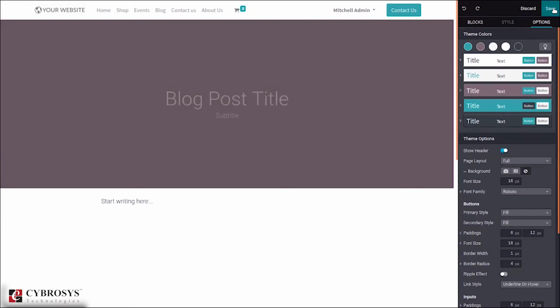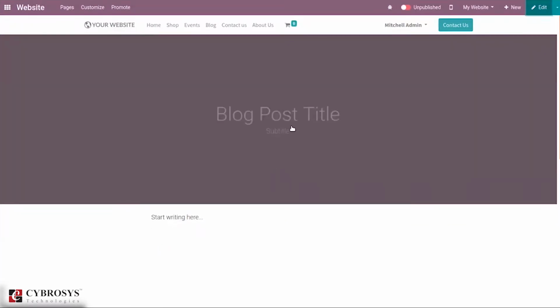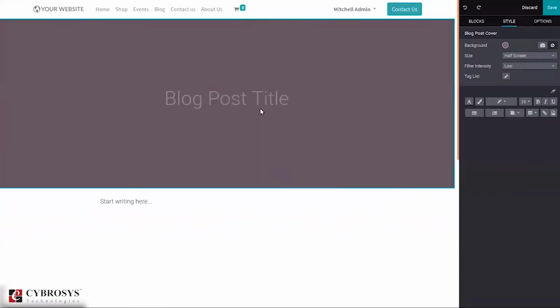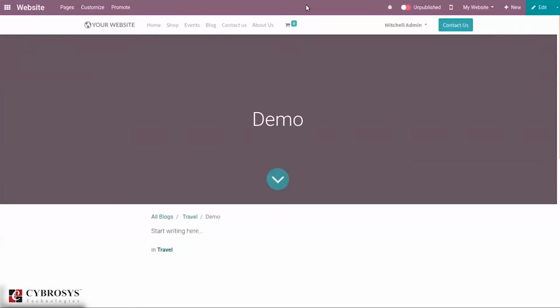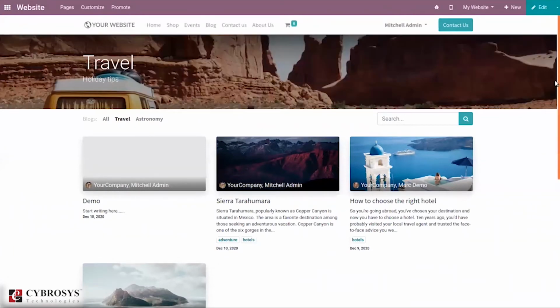After adding details, you can save the blog post, and after that you can publish it. So it is possible to publish the blog. This is how we create a blog directly from your website.